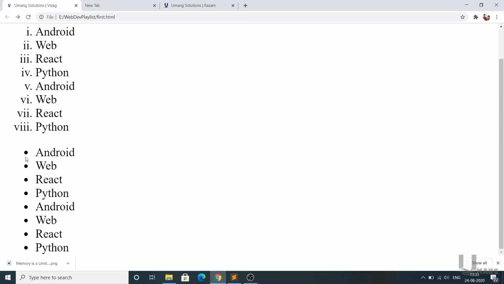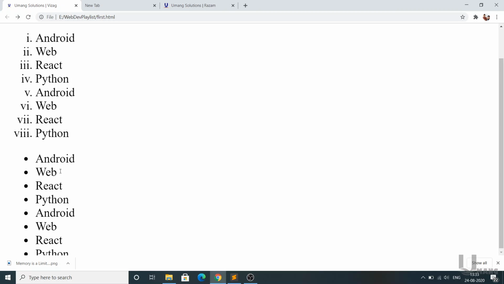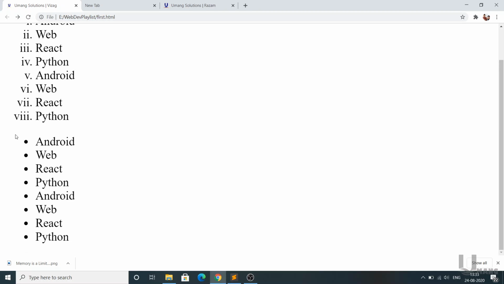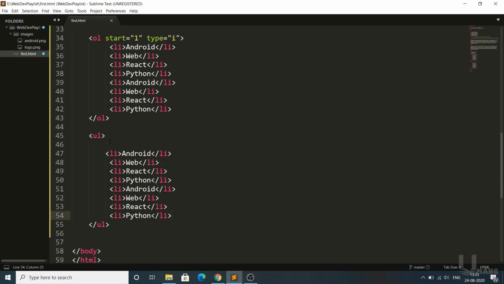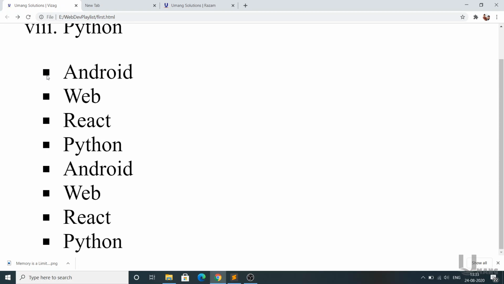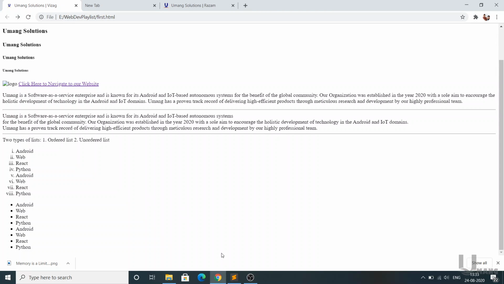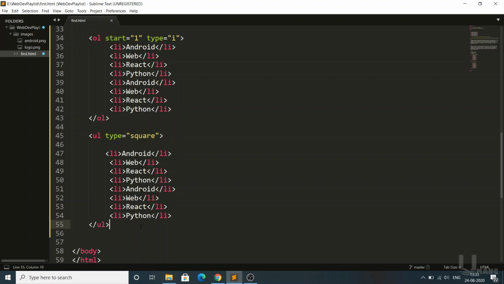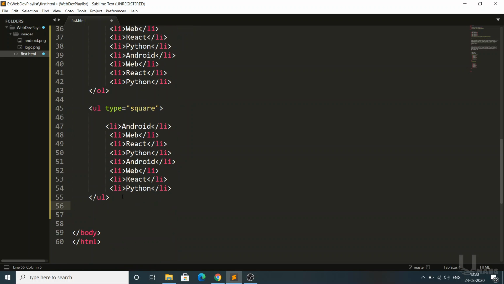The difference between ordered and unordered lists is that in an ordered list you can count the number of elements. I can see the last number and say there are 8 elements in this list. But here I couldn't say that, I would need to count all the elements. But instead of the circle, I want a square there. Sorry, type square. You can see it is changed to square, but before, it was in circle mode. So you can change it also. This is the difference between ordered and unordered lists.